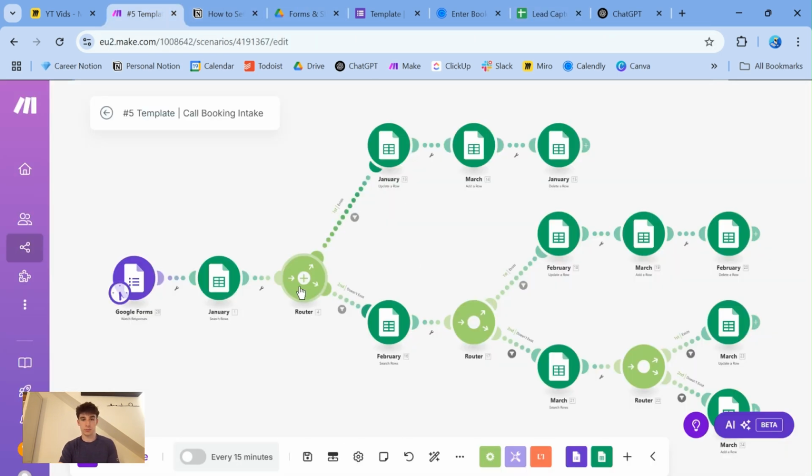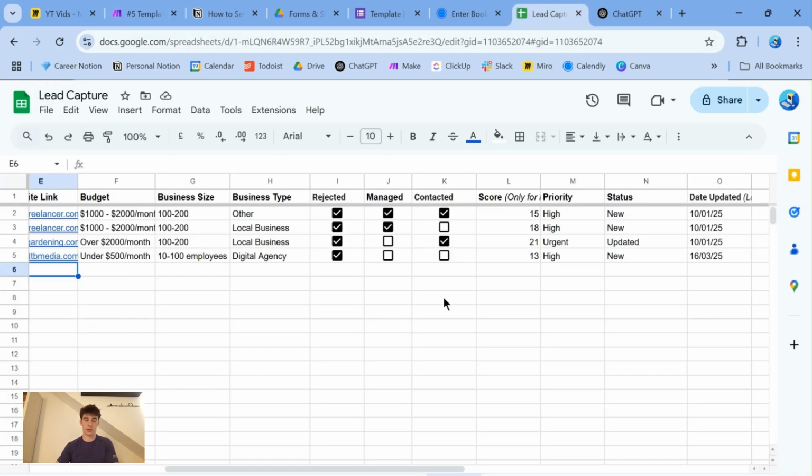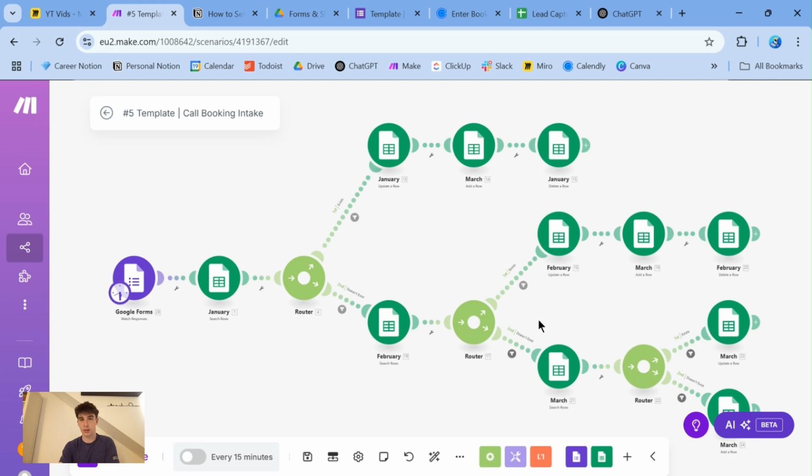If the lead's email does not exist, then you search February, do the exact same thing. Then you search March, and this is the latest month. If the lead does not exist, then you add them as new. If the lead does exist, then you update them. And that's a simple